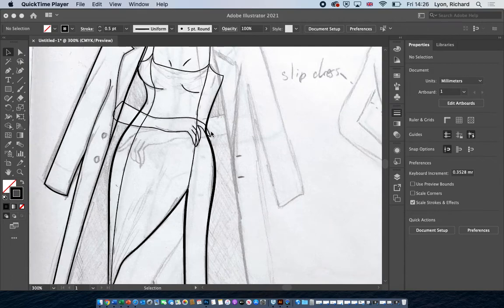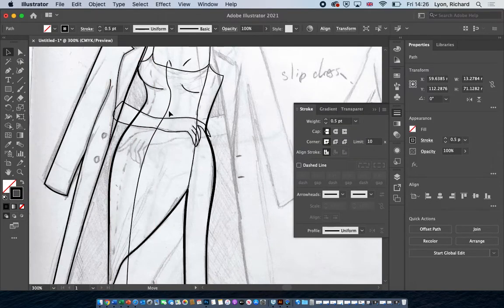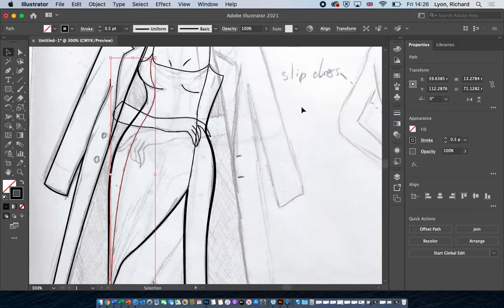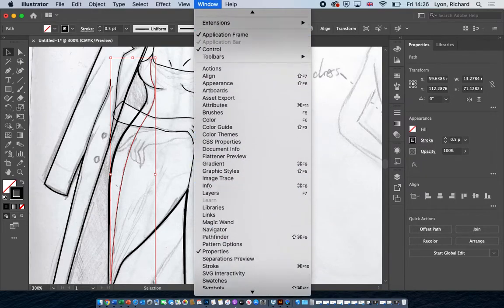Together. There's a bit of line width happening there. We've got these lines, which are actually seams. So we can put a dashed line effect on there, and it's in your stroke palette. If you can't see the options on your stroke palette, or if your stroke palette isn't there, it's in Window